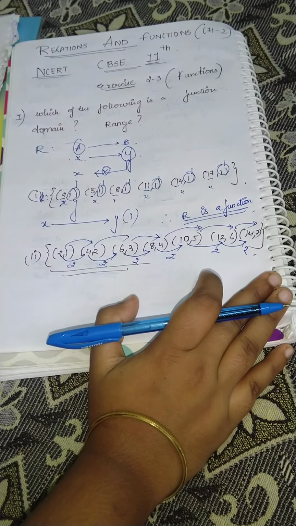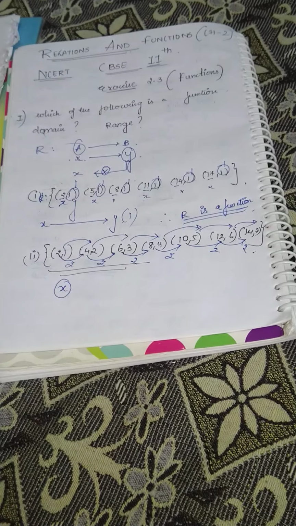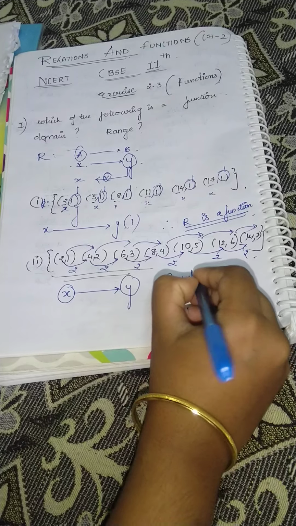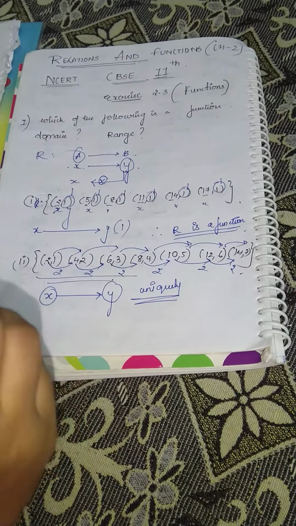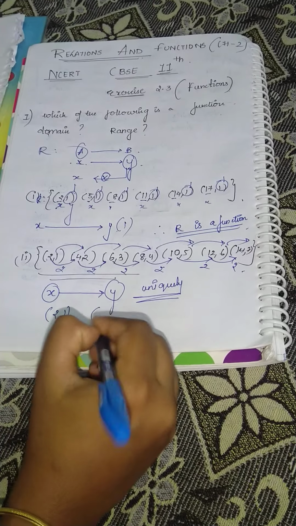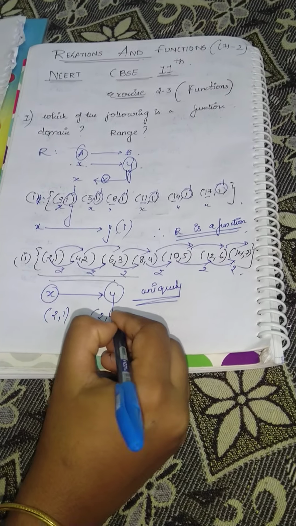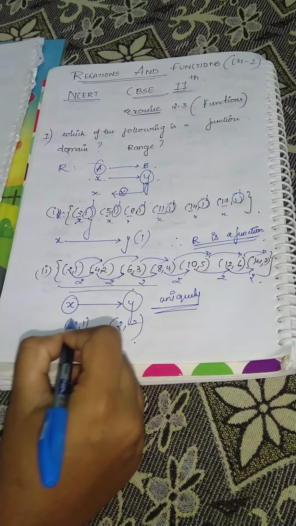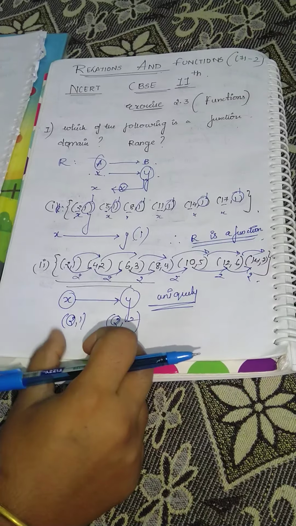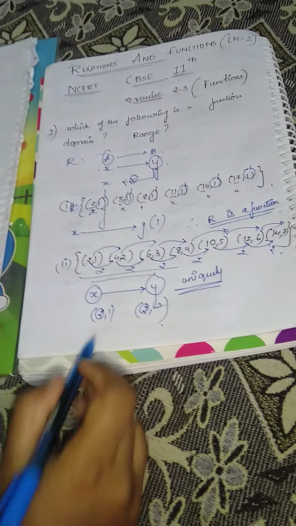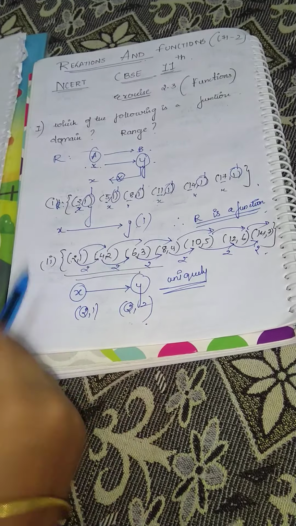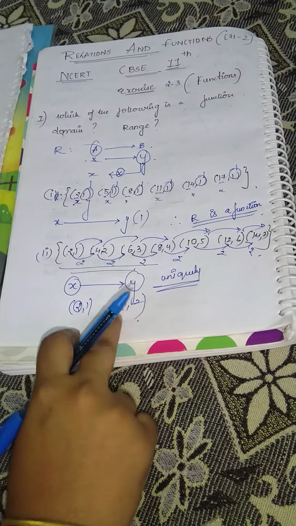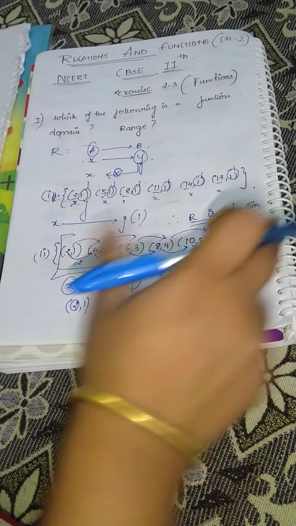So from this we can say that every element of x is related to y uniquely, because no 2 x elements are the same. For example, if suppose (2,1) and (2,2) were placed, then 2 elements of your x would be the same. In that case it won't be said to be a function, because 2 elements of your domain set are the same. But this condition is absolutely a function.